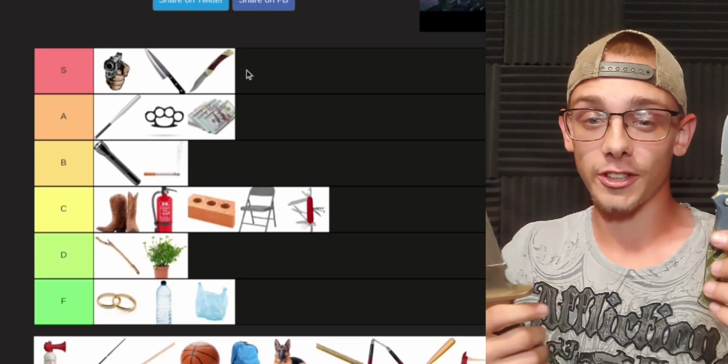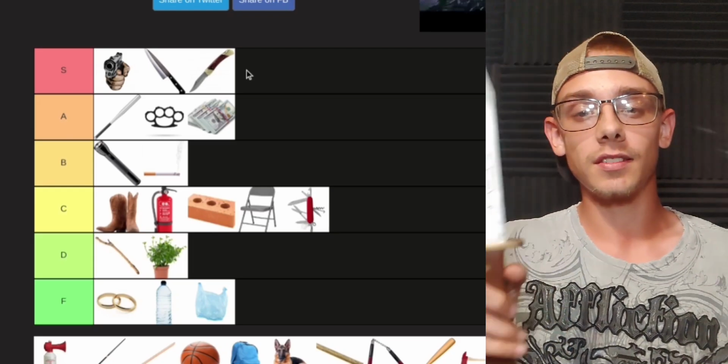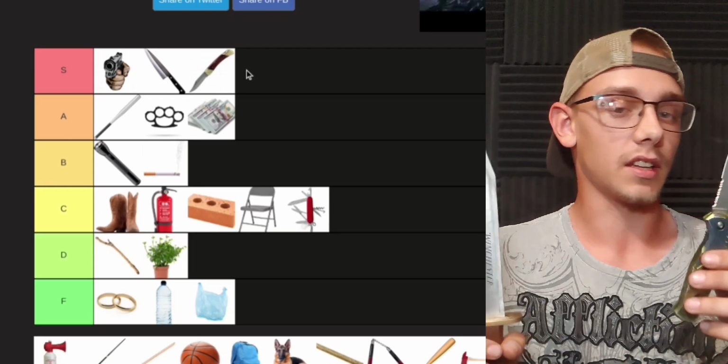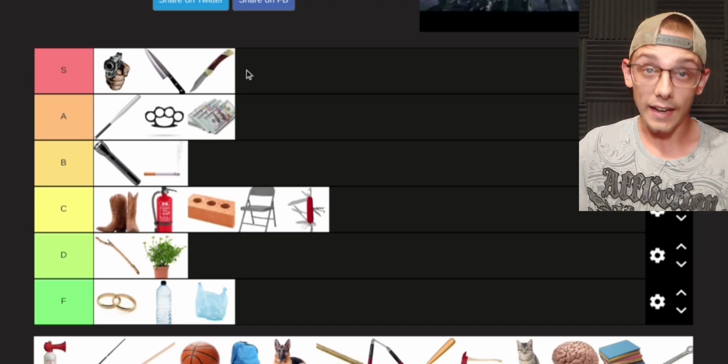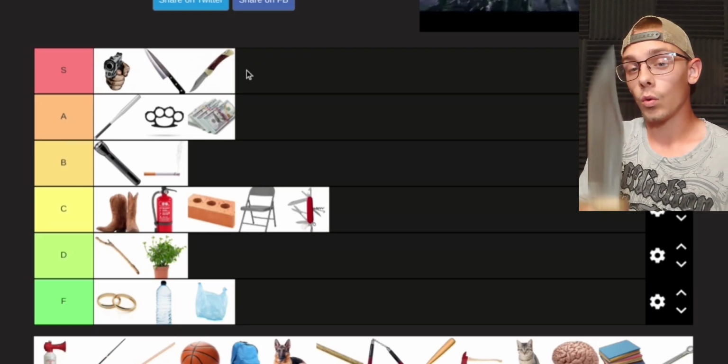Did you notice the difference? How fast it was to deploy this, and the microseconds it took to deploy this. Now, with a pocket knife, it's still going S tier. But with a fixed blade,